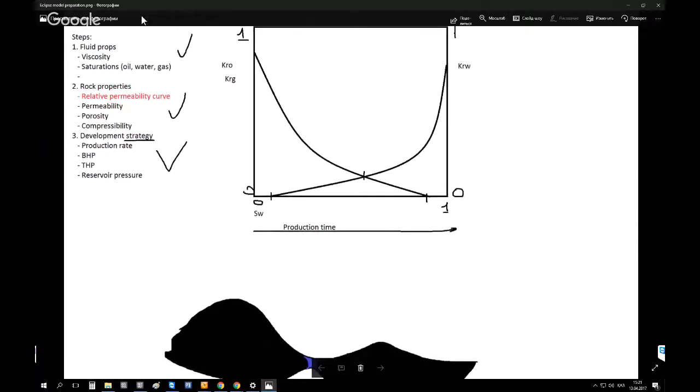In order to make define simulation model, we have to prepare 3 steps. First is to prepare the fluid model, fluid properties. Then it is preparing rock properties. And finally, it is preparing development strategies. After we finish all those steps, we would be able to define the simulation model, which is actually,